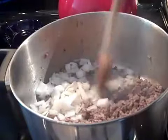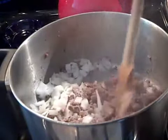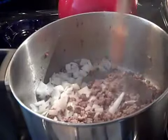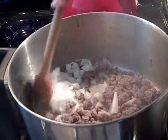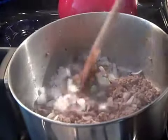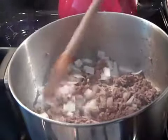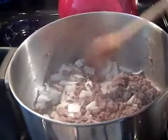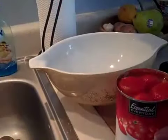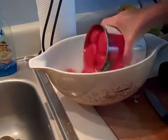Now that the garlic is starting to cook, I'm going to just pull it up and incorporate it into the meat so that the garlic doesn't get scorched on the bottom of the pan. I'm still cooking the onions though. I still want them to cook touching the pan until they're more wilted, and then I'll stir them into the ground beef. While the beef and onions and garlic are cooking, I have a 28-ounce can of whole tomatoes that